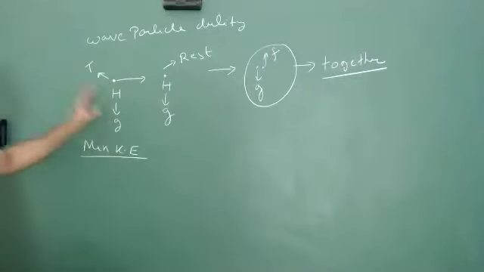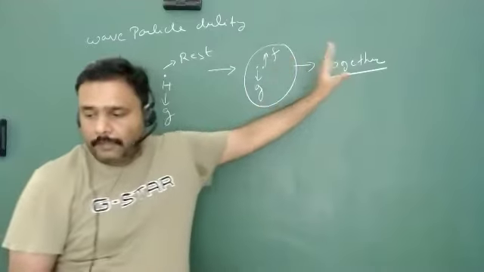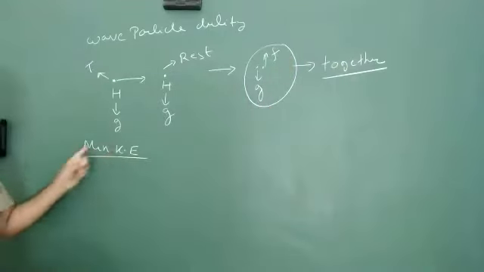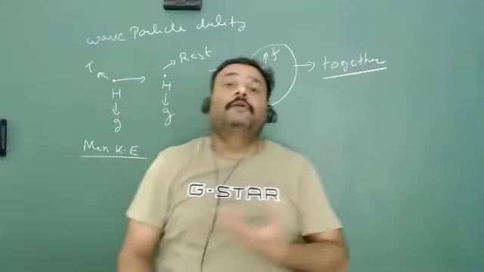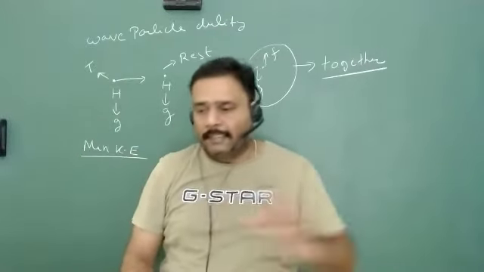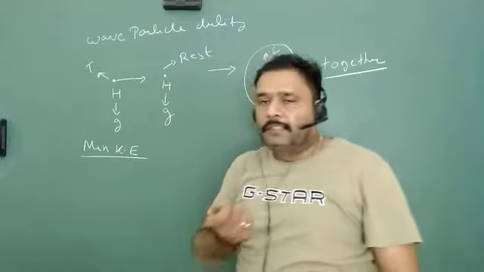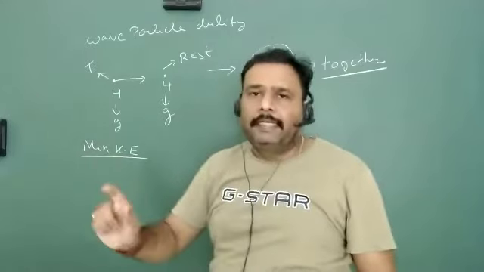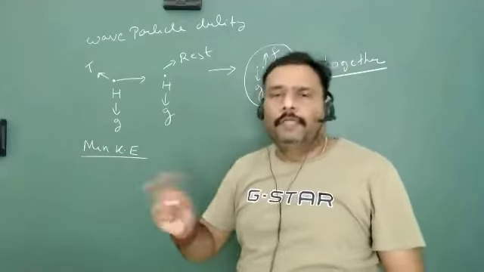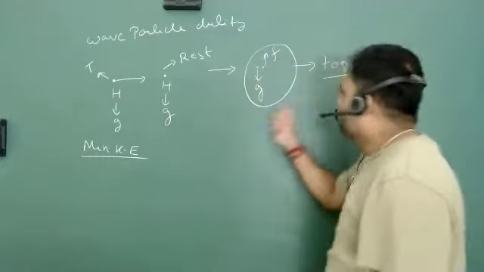Whatever the kinetic energy is, it will transform into the combined system and they will move together. This is actually the meaning of minimum kinetic energy. Sometimes it is also known as threshold kinetic energy, so whenever this type of question is asked, you will assume they are moving together. If you increase the kinetic energy, both can move in different ways. But for the minimum kinetic energy, both will move together.